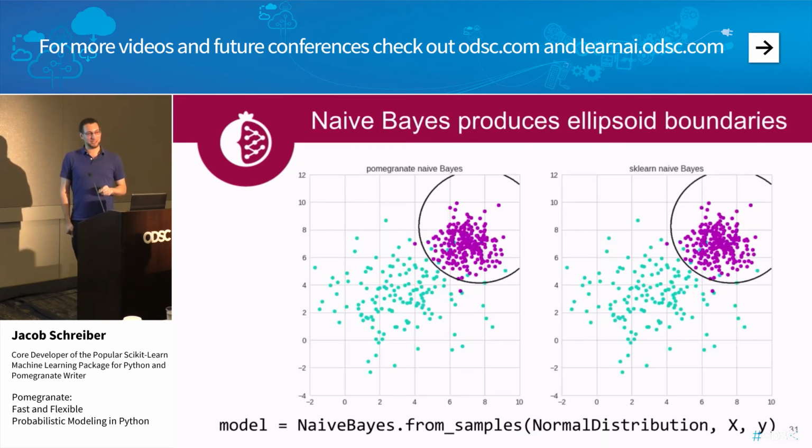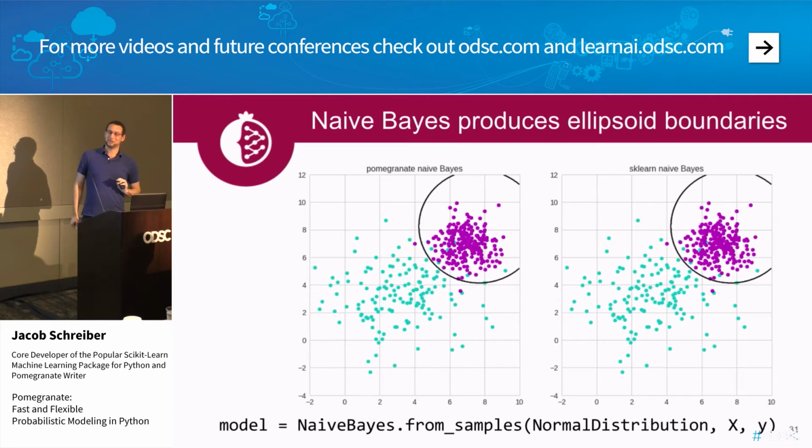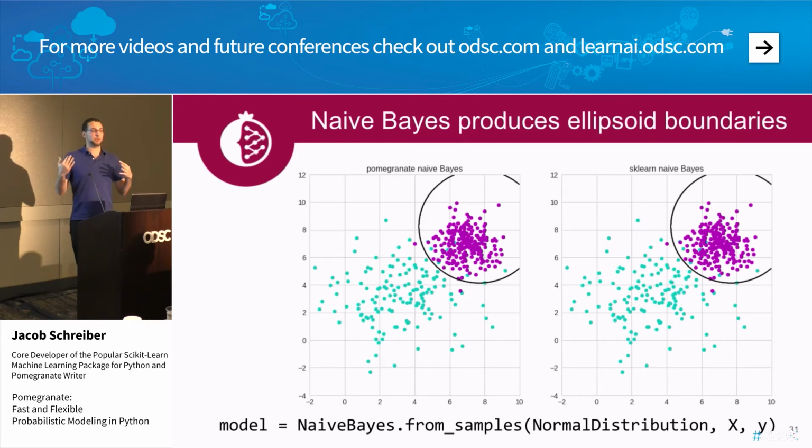So getting back to Pomegranate, one of the models I'm going to describe the flexibility that Pomegranate provides for is naive Bayes. Typically we think of naive Bayes as Gaussian naive Bayes, where we have the Scikit-Learn implementation on the right-hand side of this decision boundary and the Pomegranate one learned using this code on the left-hand side. If we model each one of these distributions using a normal distribution, we get these kind of ellipsoid boundaries, where we're separating out the magenta points from the cyan points using this boundary.